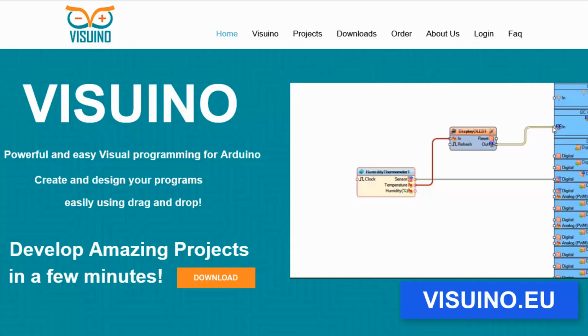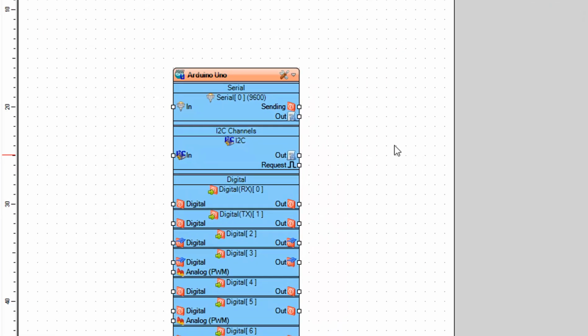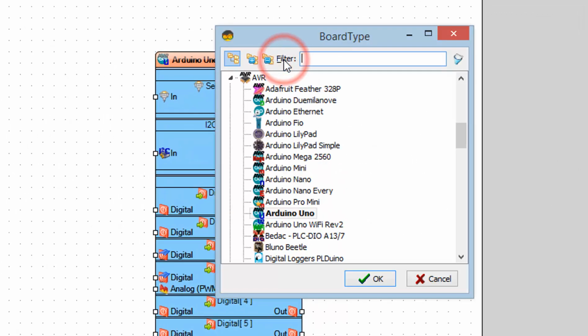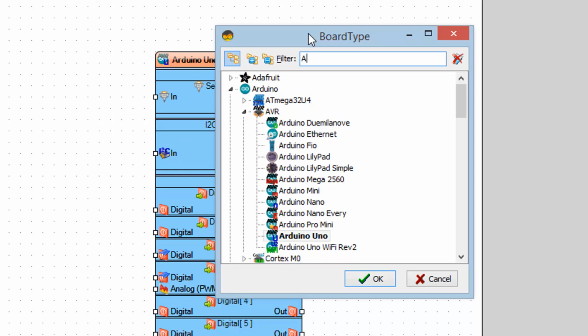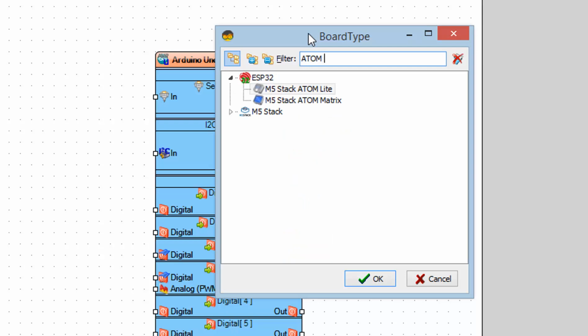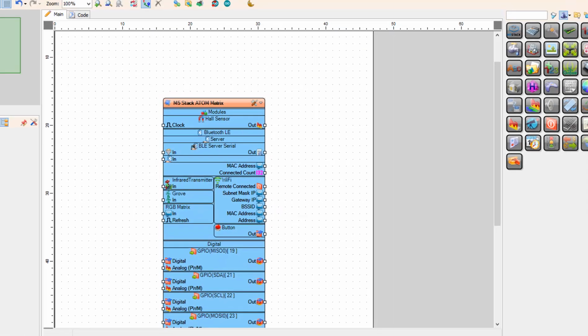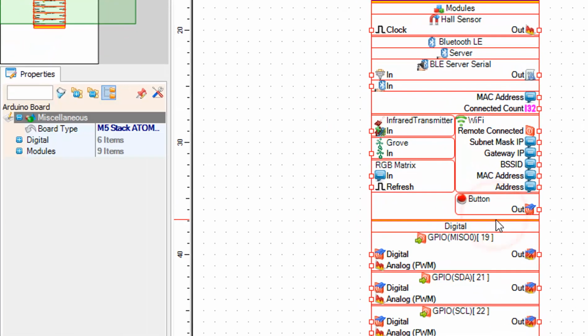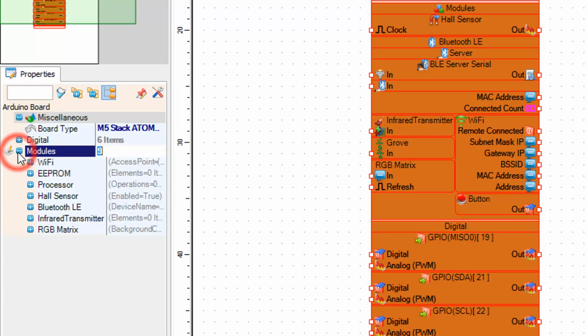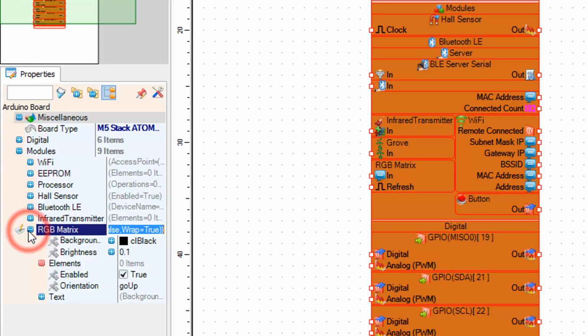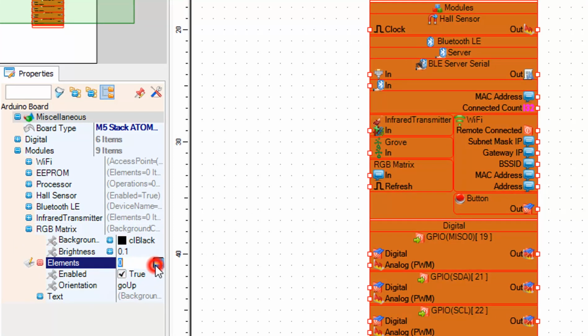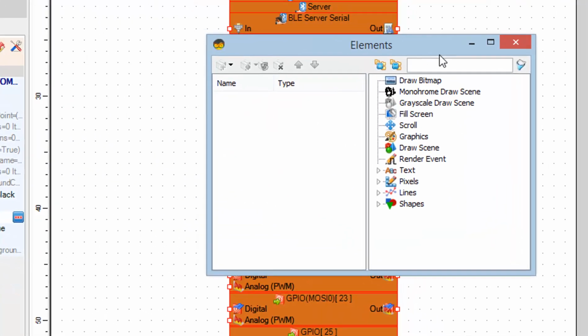Download the Visuino program here, then start Visuino and select the Atom Matrix board. Select the Atom Matrix board, and in the properties window expand Modules, RGB Matrix, and click on the Elements 3 dots